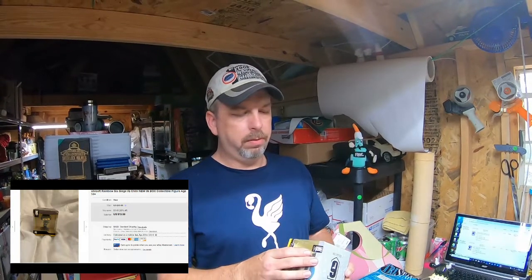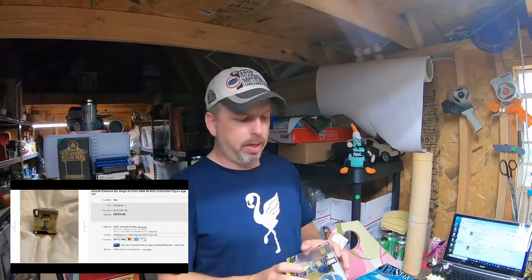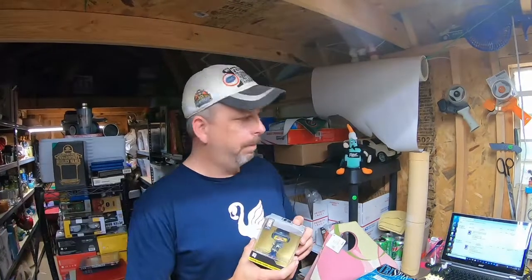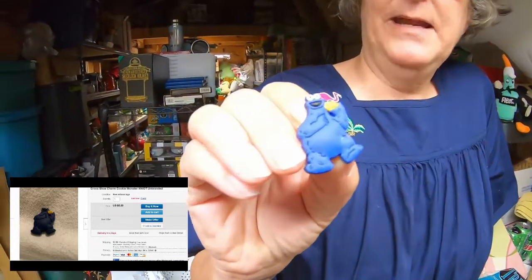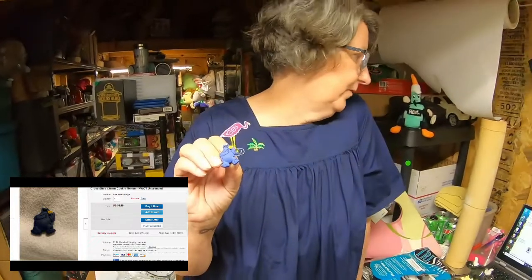Don't know if I will continue buying stuff like this at retail arbitrage just because of how long it's sitting and the amount of storage that we have. But there you go. Here's another Jibbit, or Jizbit as I call him, and it's the Cookie Monster. We have about 10 cents into him, and he sold for $4.40. The buyer is all in at